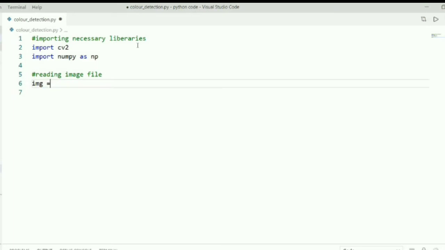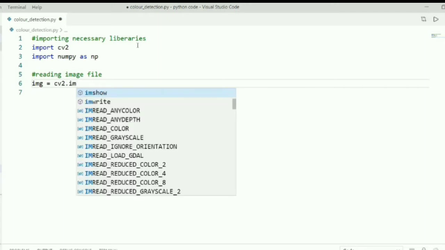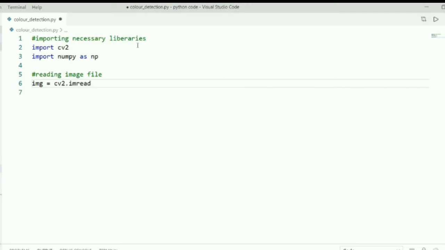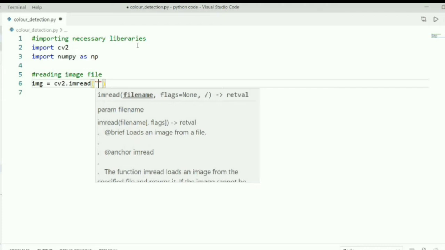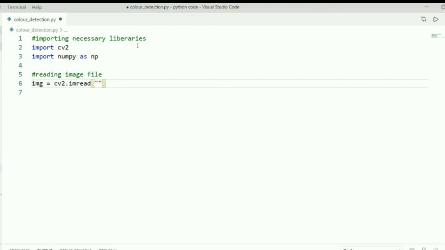So now we'll read the image. I'm taking a variable img. img equals cv2.imread. In the brackets, you need to give the file name. I'm giving it as test image.jpeg.